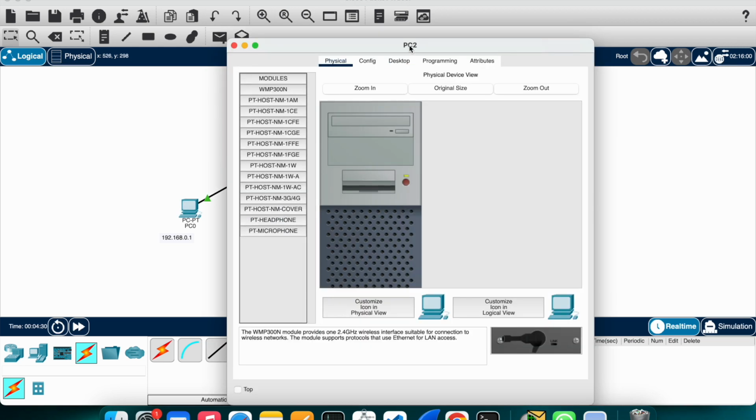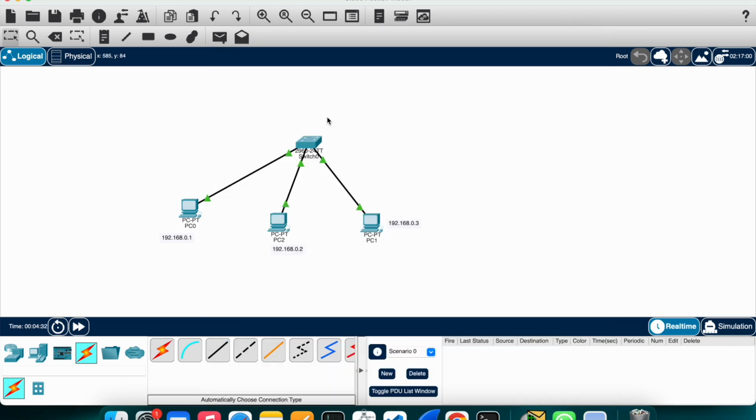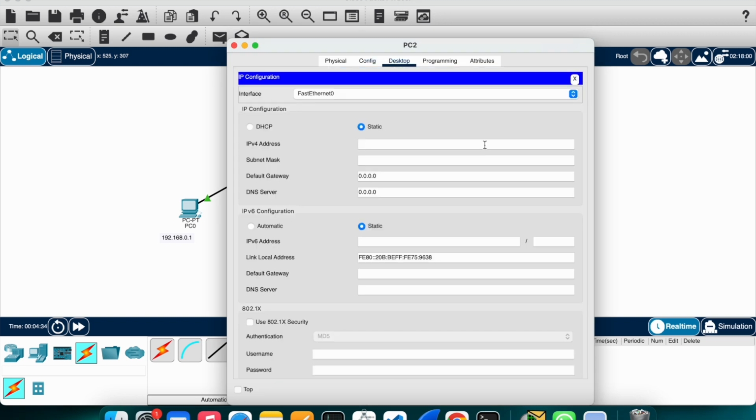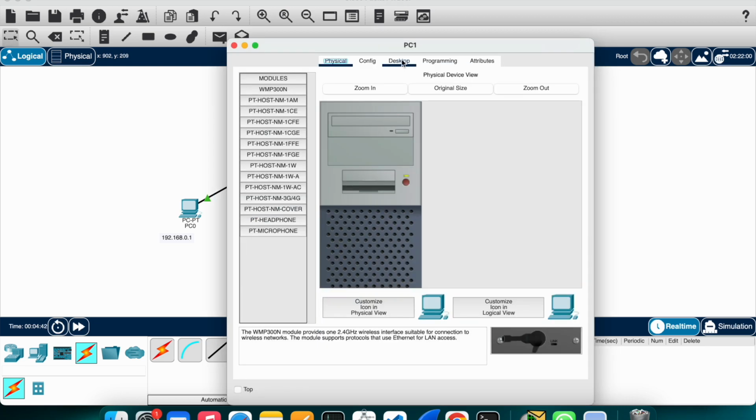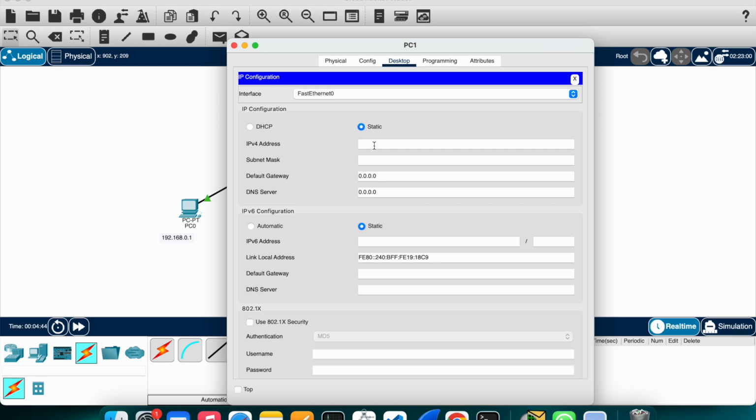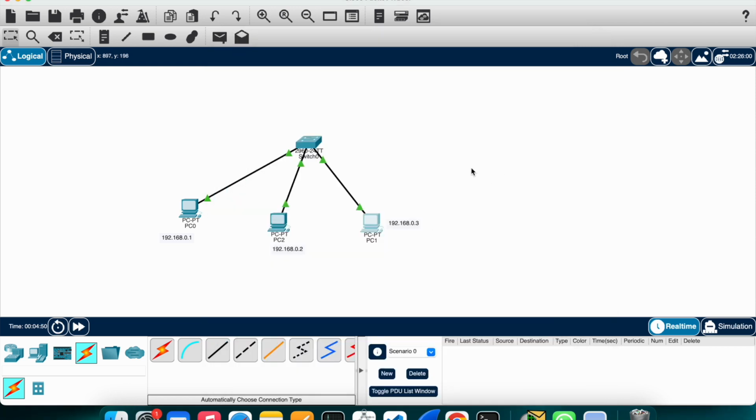PC0 has been configured. Coming to the PC2, now PC1. Now all of the PCs have been configured and it should be able to share data from one PC to